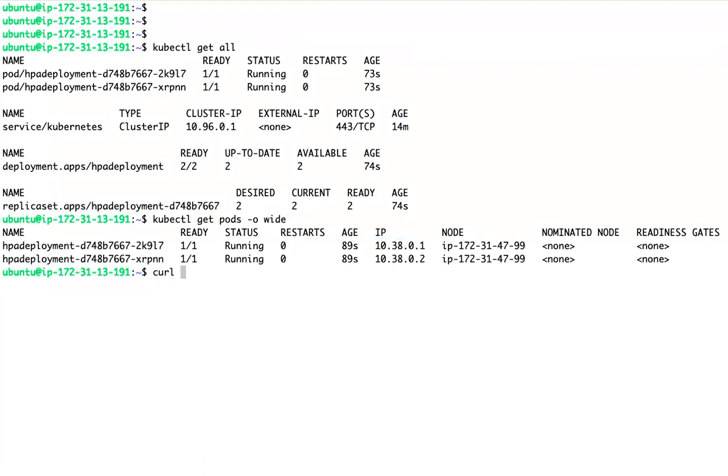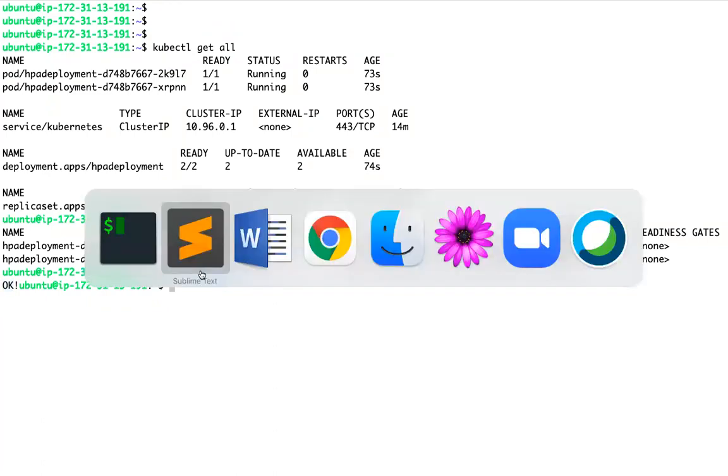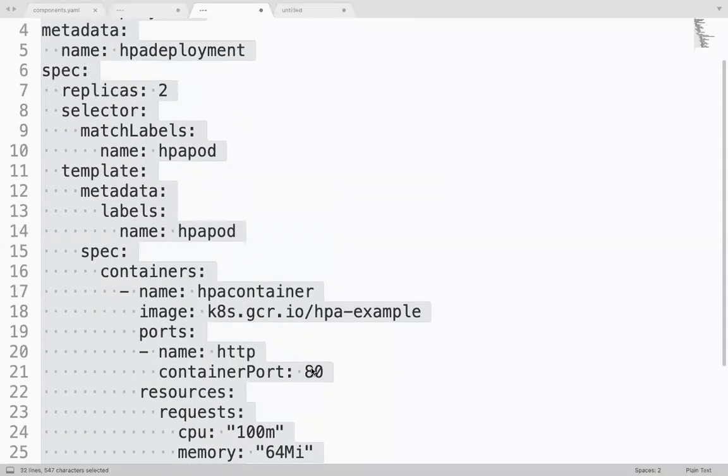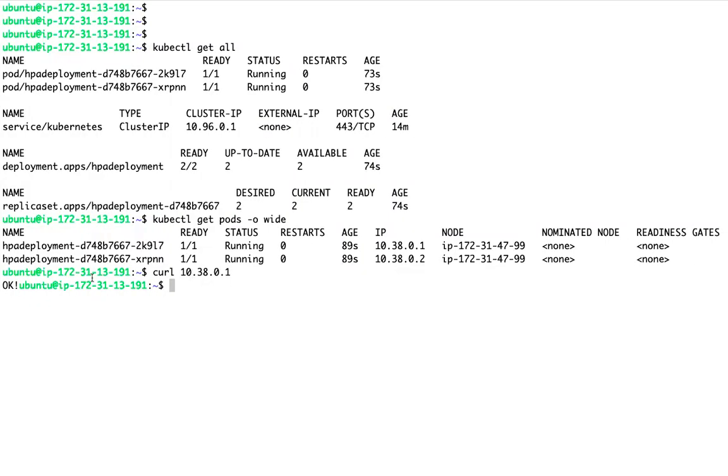This is a very simple application. If I curl, it is running on port 80. The container port is 80. So it is a very simple application.